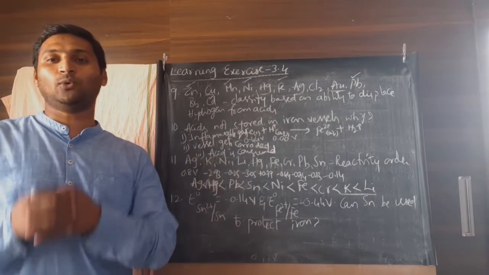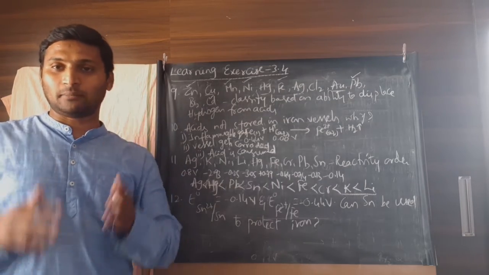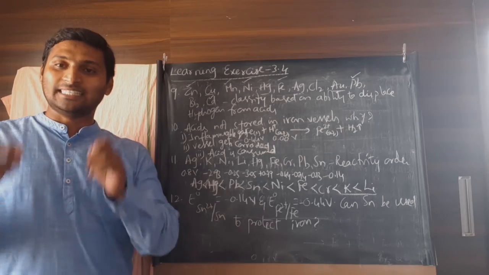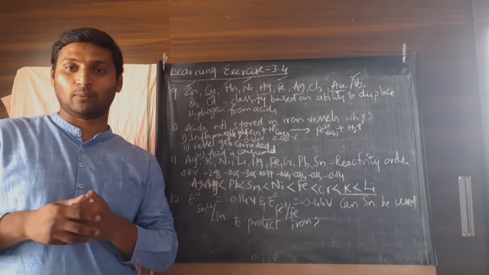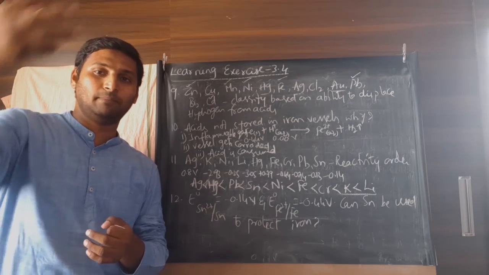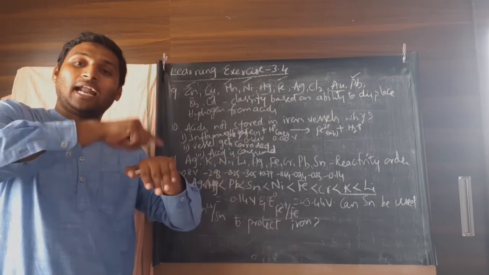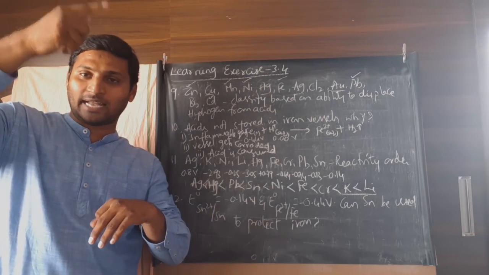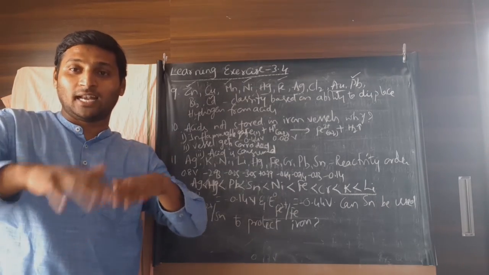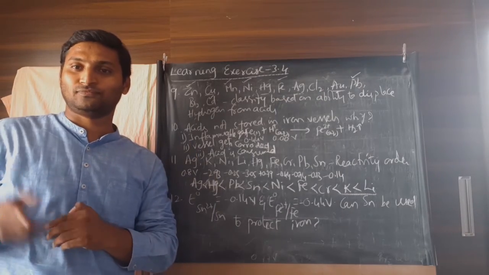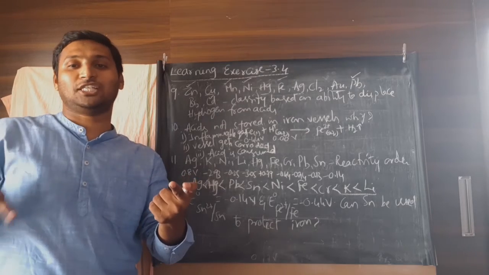First of all, let me explain what sacrificial protection is, though most of you should have studied it in the metals and non-metals chapter in your 10th class. I know you have studied the process of galvanization. Iron vessels are dipped into molten zinc so that zinc forms a coating and reacts with atmospheric carbon dioxide and becomes zinc carbonate, and that zinc carbonate coating on the surface of iron avoids the rusting of iron. Then zinc has sacrificed itself to avoid the oxidation of iron here.